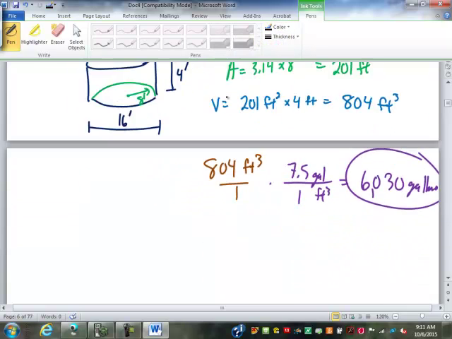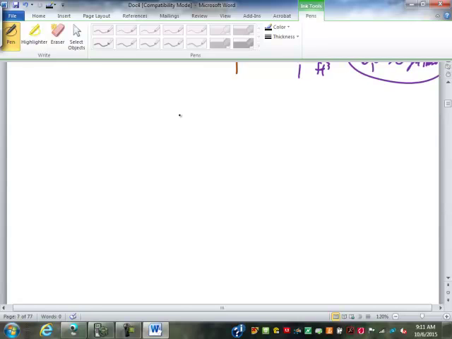Okay, on to the metric system. In the metric system, just like with length, we have only one unit of capacity, and that is the liter. It is sometimes spelled like this, L-I-T-R-E, that's the metric spelling, or the European spelling, and it is starting to find its way over here. I was always taught that liter was abbreviated with a capital L. That's because when I was in school, the